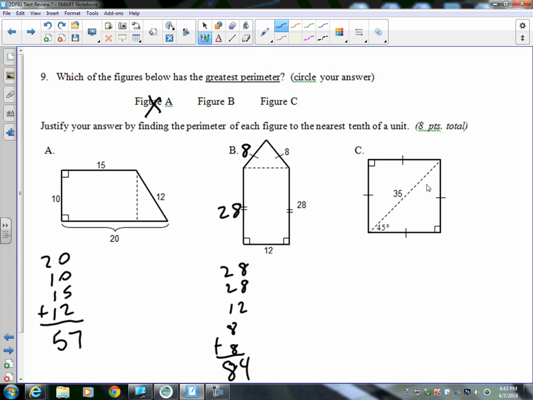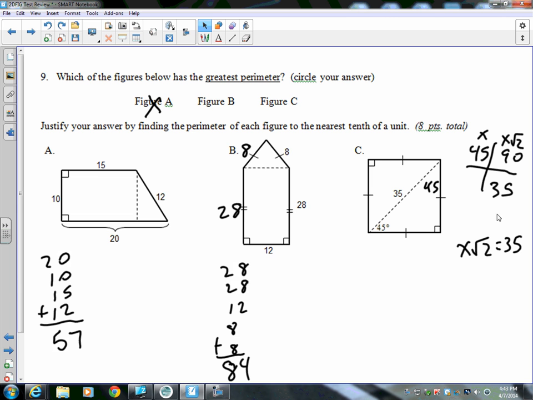We also know that this is a 45-45-90 triangle, and if we remember, 45 corresponds with x, 90 corresponds with x square root of 2. We know across from 90 degrees is 35, meaning that x square root of 2 is equal to 35, right here. Okay, we want to find x by itself to get the side across from 45. To do that, we want to get rid of this square root of 2. Well, it's being multiplied by x, so we want to divide by square root of 2. If we divide 35 divided by square root of 2, we end up with